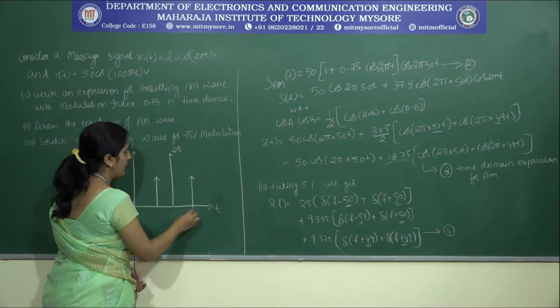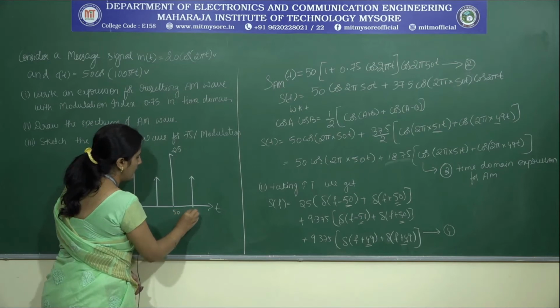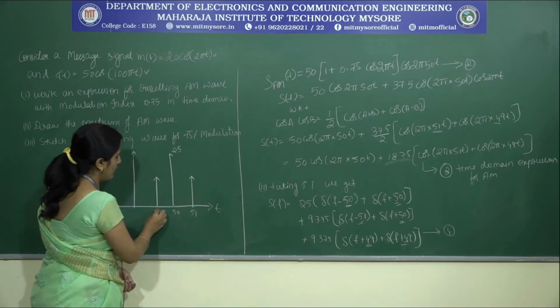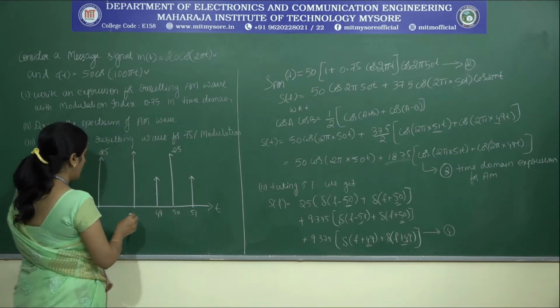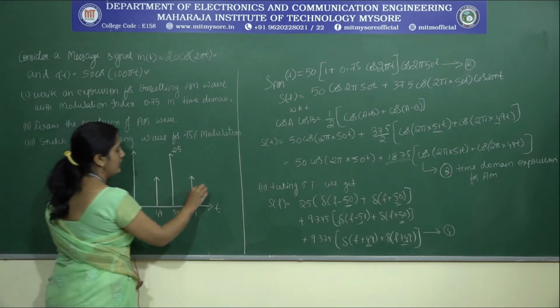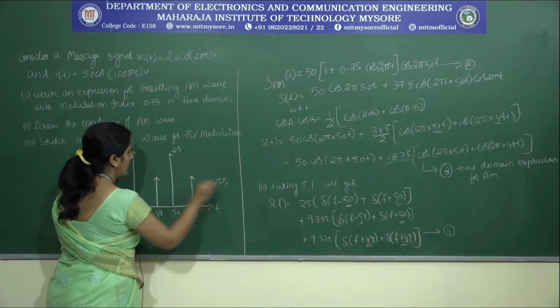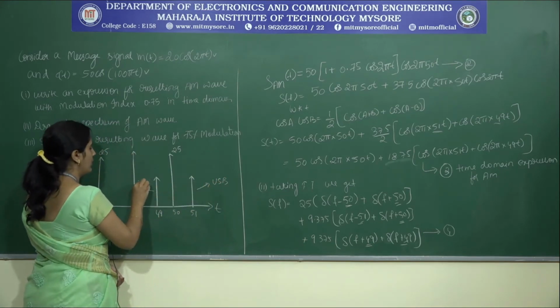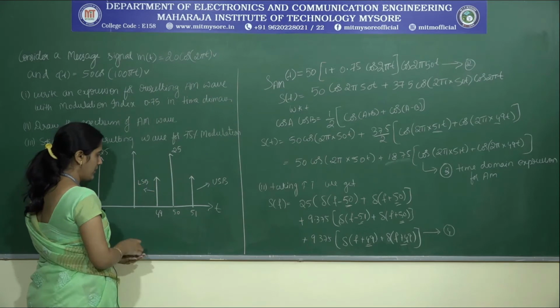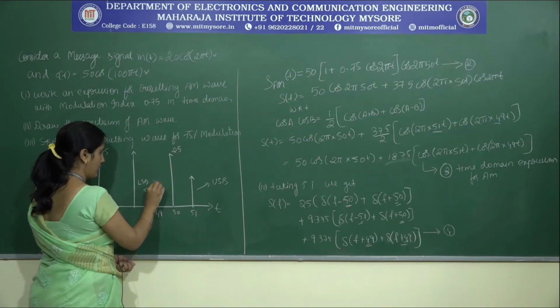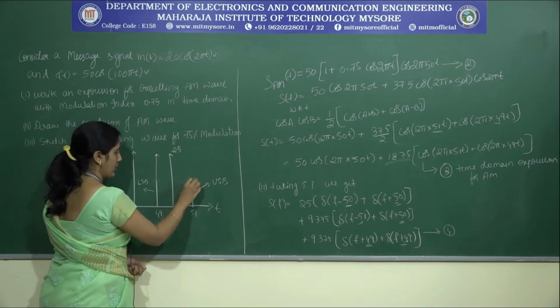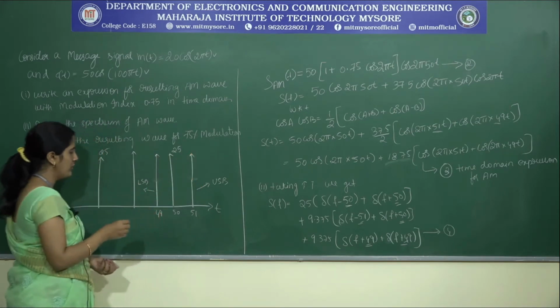So, at the right shift and the left shift we have this is 50, and we are going to consider the values from here, this is 49. Okay. So, this is the upper sideband and this is the lower sideband. While writing this we have to extend till here. Okay. So, like this you have to write the spectrum.